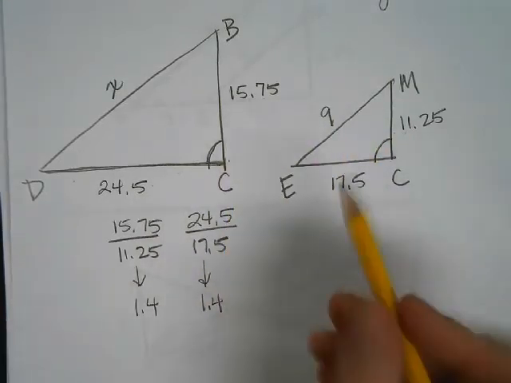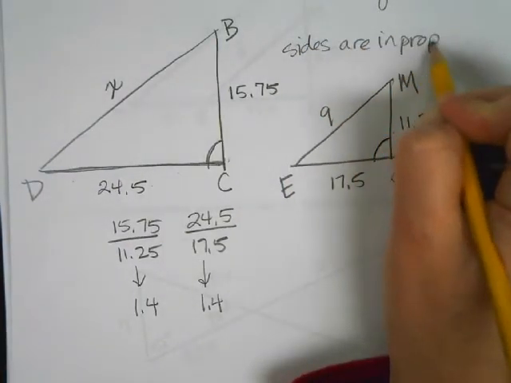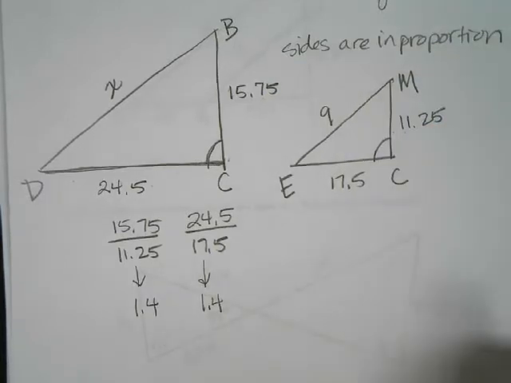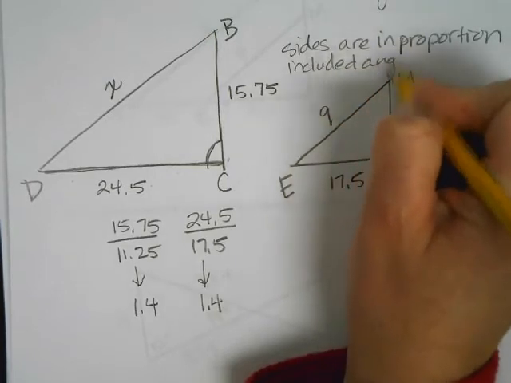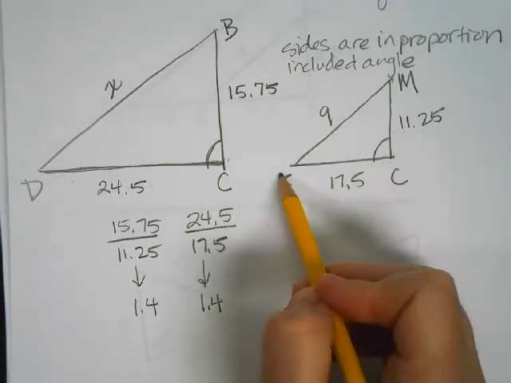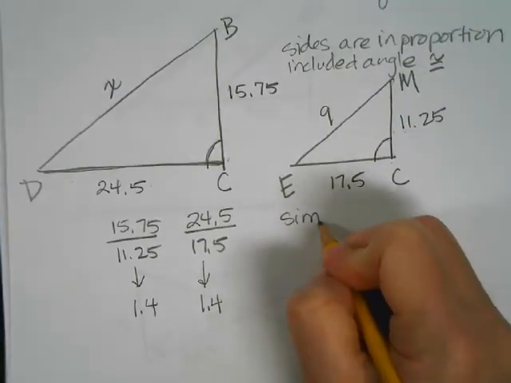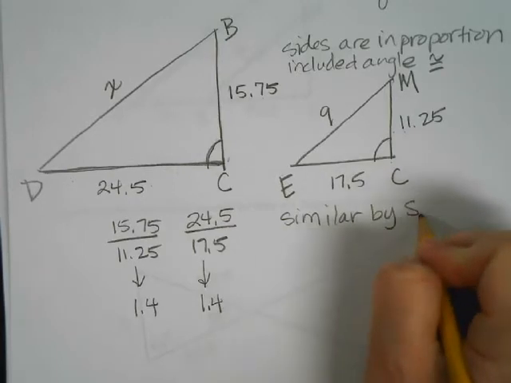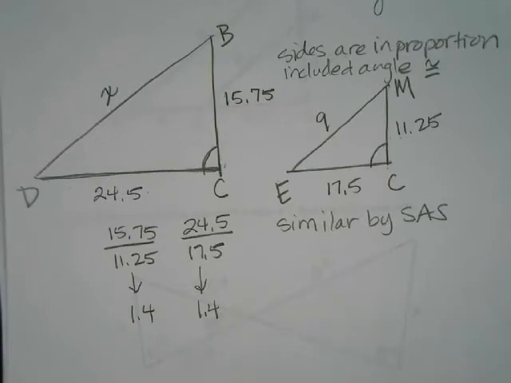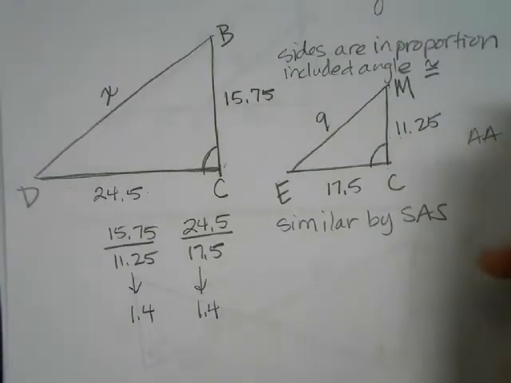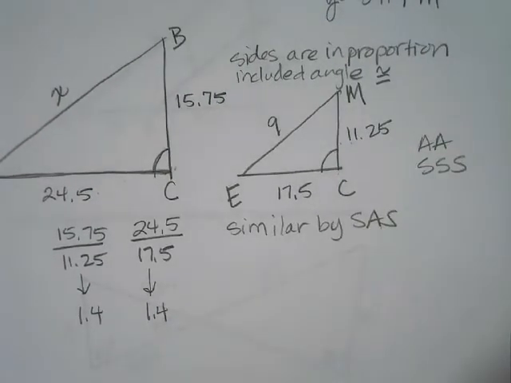The sides are in proportion, and the included angle, the angle that's in between those two sides, is congruent. So then these two triangles are similar by side angle side. So there were three ways to determine if triangles were similar. Angle is one that we often see. Side angle side is another one. SSS is another condition